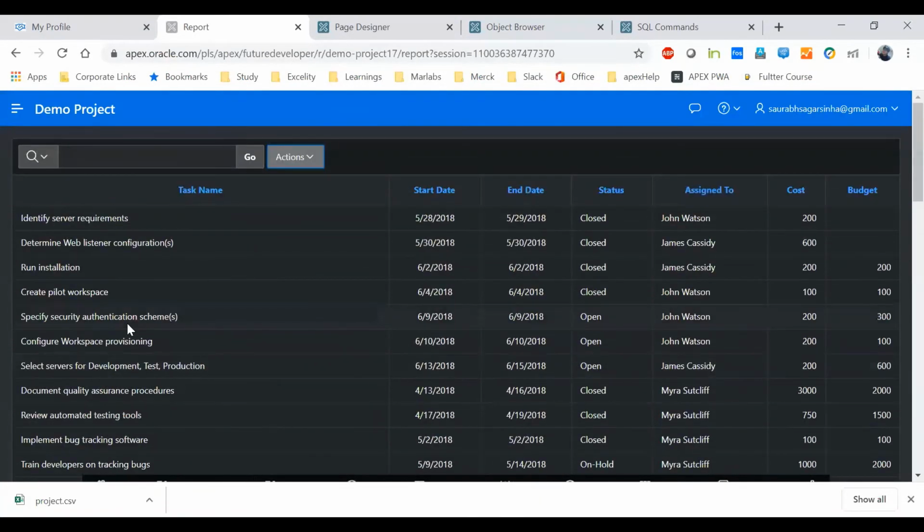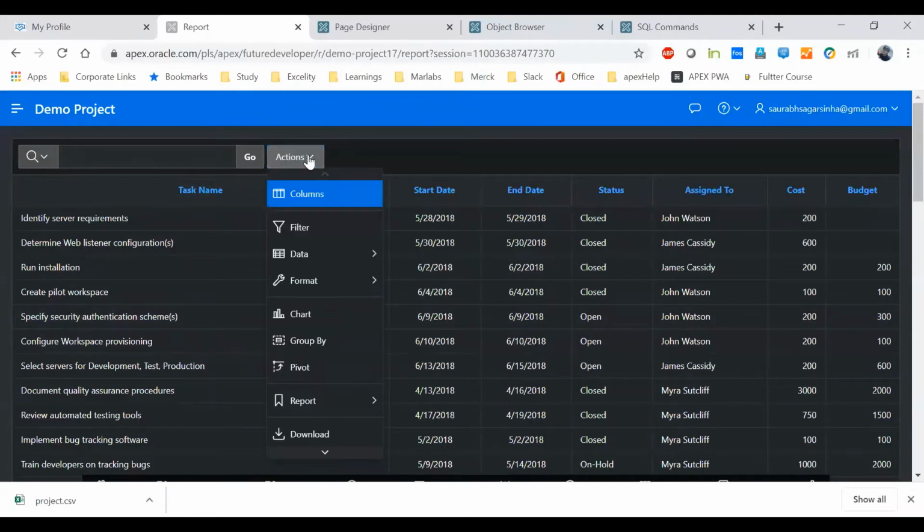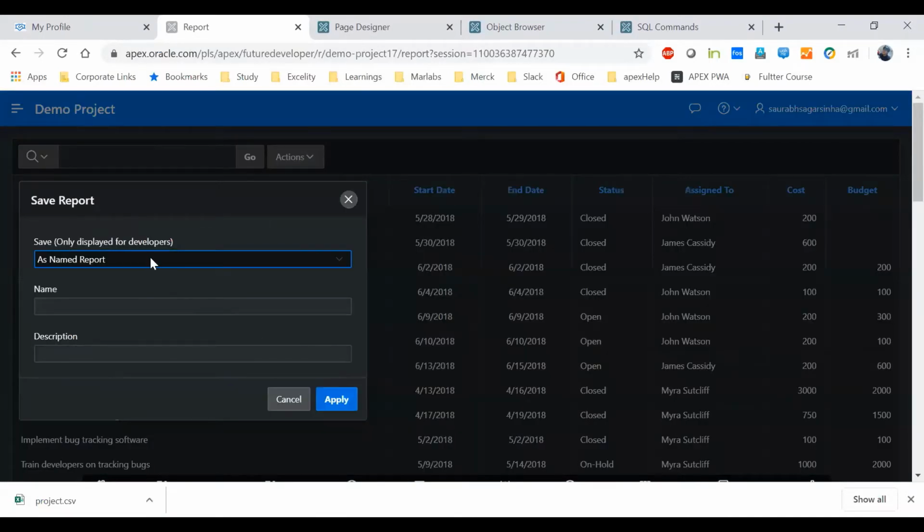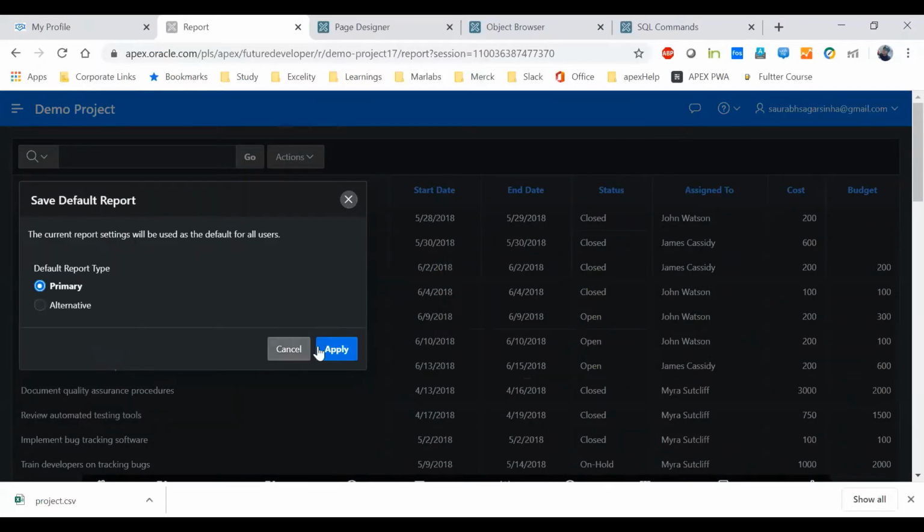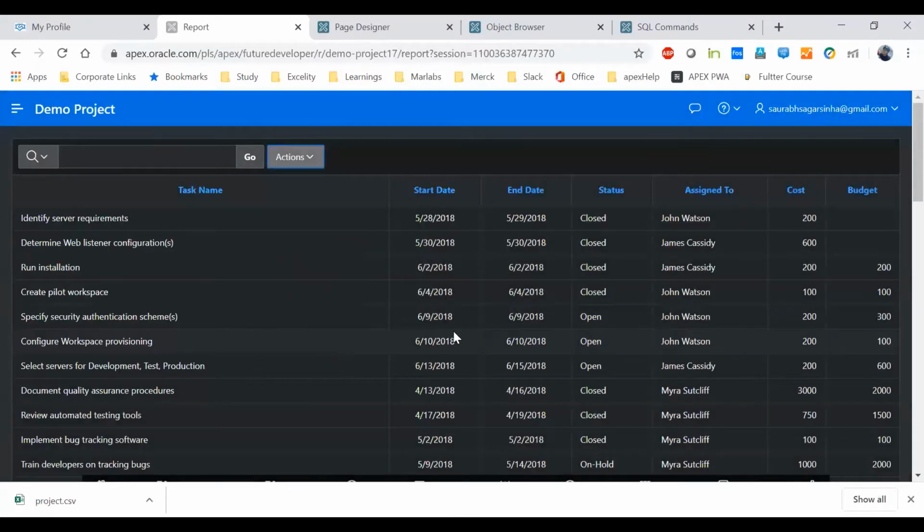So this is another feature. After doing this, you have to save it. Under this report, you have to click on save report and select this as the default report setting. Click on apply changes and this report will be saved. Whenever any end user opens this link, he will only be able to see these columns of this report. Okay. Let me undo it.